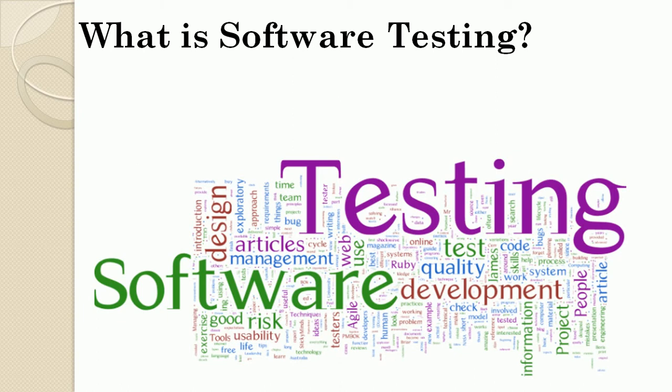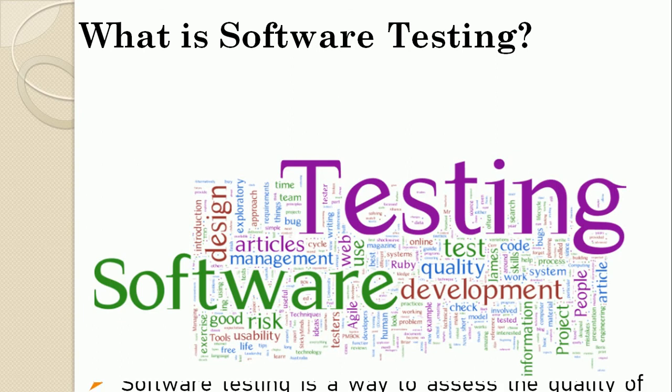Today's world of technology is completely dominated by machines, and their behavior is controlled by the software powering them. So software should work as per user and client expectations, and the solution is software testing. Software testing is the process of checking correctness, completeness, security and quality of developed software. You can also define testing as a process of evaluating the functionality of a software application to find defects or bugs